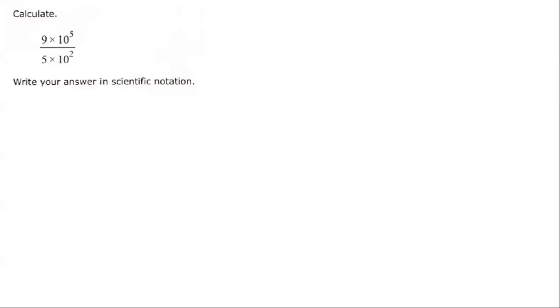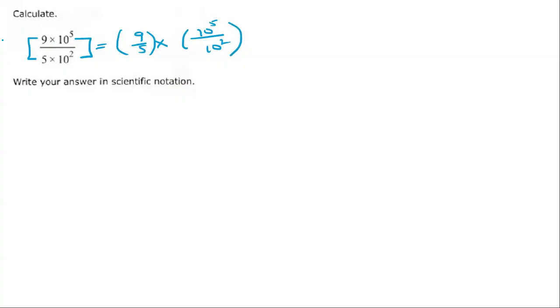So we want to divide this. We have 9 times 10 to the fifth divided by 5 times 10 to the second. We're going to do exactly the same thing like we did last time. We're going to match the ones with no powers and then match the ones with powers. So I'm going to have 9 divided by 5, okay? Times that by, I'm going to put this in parentheses, okay? 10 to the fifth divided by 10 squared,